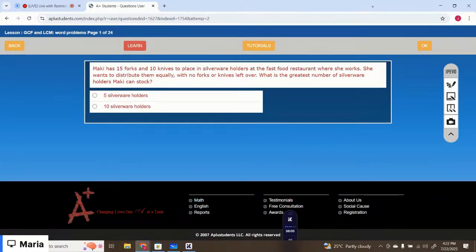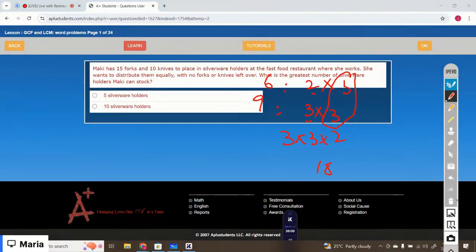Maki has 15 forks and 10 knives to place in silverware holders at the fast food restaurant where she works. She wants to distribute them equally with no forks or knife left over. What is the greatest number of silverware holders Maki can stock? So, greatest number means you need to find GCF. Let's just write down the